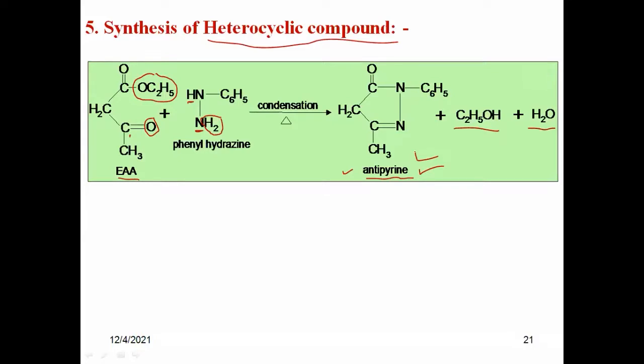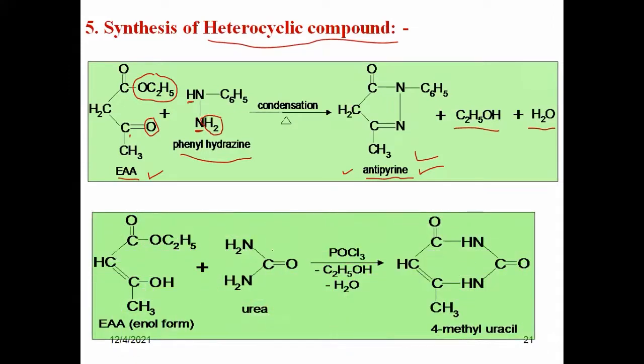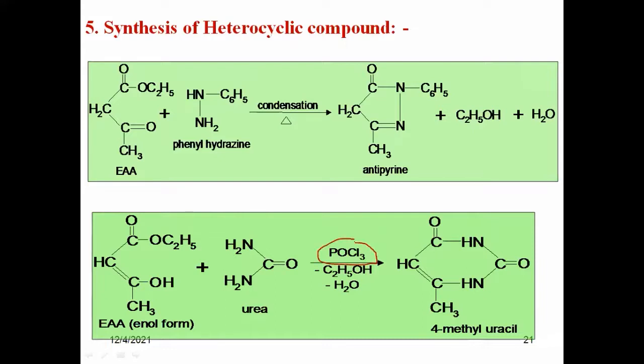आणि या कंपाऊंडचं नाव आहे antipyrine, and that antipyrine can be synthesized by using our active methylene compound, our ethyl acetoacetate. Okay, this is the first example. यामध्ये आणखीन एक एक्झाम्पल बघूया. मी काय करतो, आपला ethyl acetoacetate घेतो, फक्त त्याचा इनॉल फॉर्म. मग इनॉल फॉर्म जो आहे acetoacetic एस्टरचा, when it is treated with urea, NH2 C double bond O NH2, युरिया बरोबर in presence of POCl3